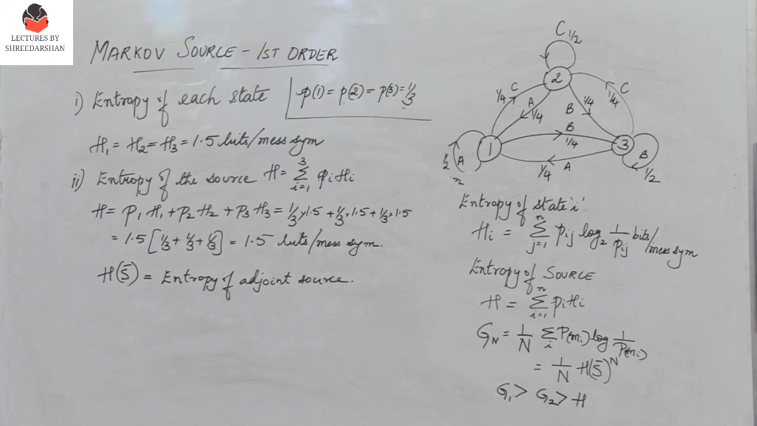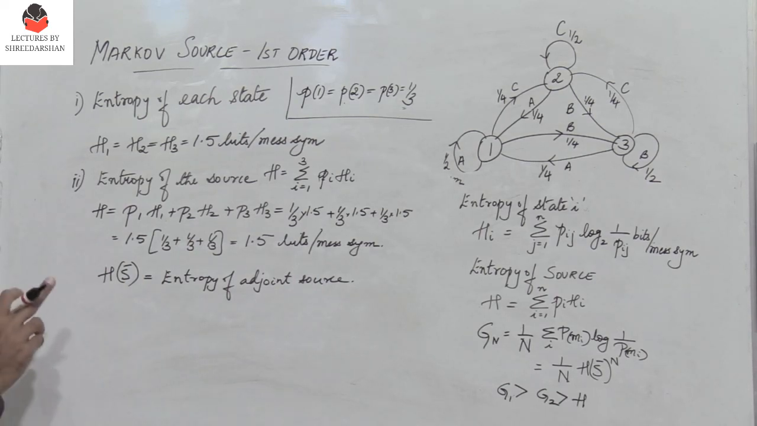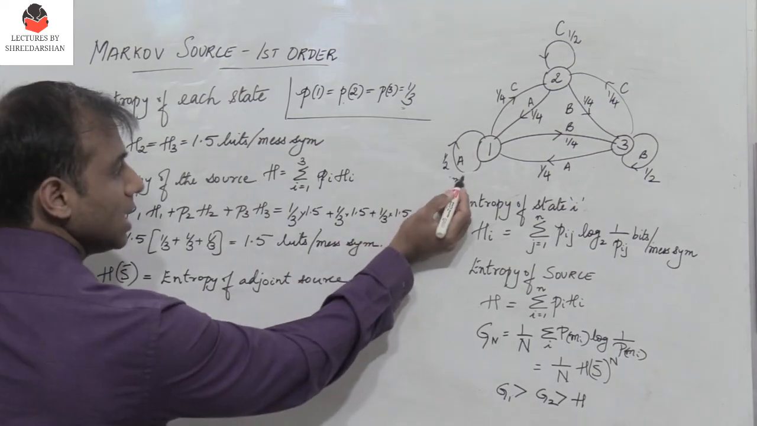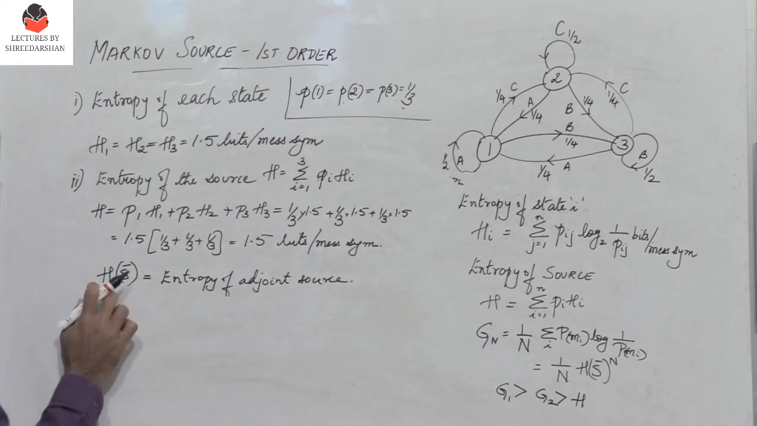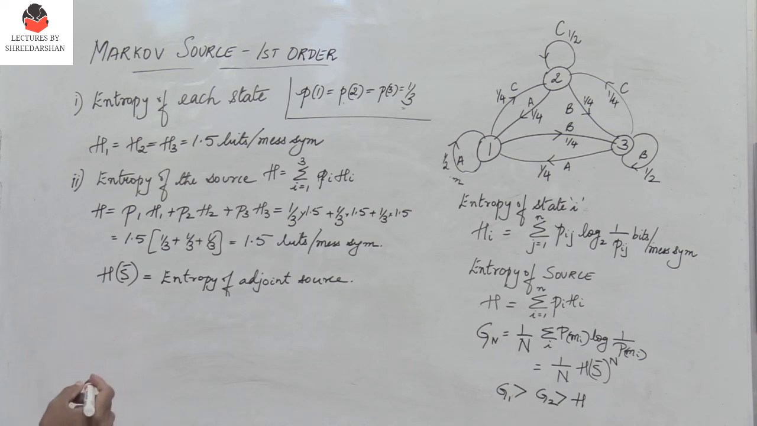Okay, so the adjoint source is defined as a zero memory source which has the same source alphabet and the first order probabilities as the initial state. So the probabilities of the initial state are what is considered for H of S bar. So now if I consider the second extension,